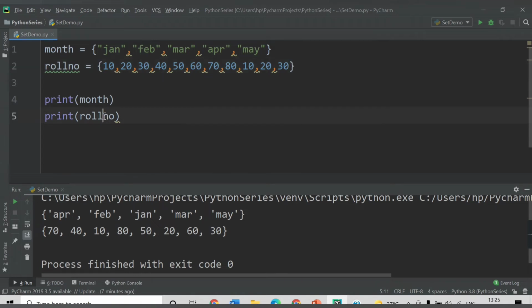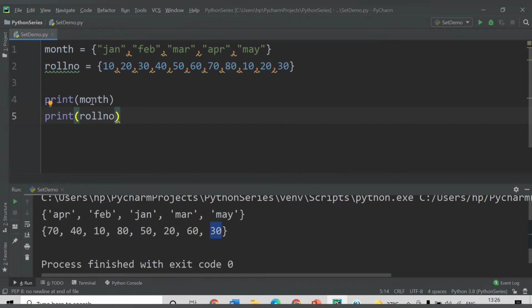But while printing the roll number, it has printed 10 only a single time, 20 a single time and 30 a single time. It means that while printing it will not allow the duplicate values to be entered in the set. So you can provide your duplicate values, but they will not be stored in the variable roll number. So it is proved that set does not allow duplicate values.